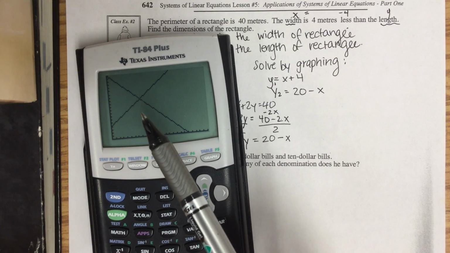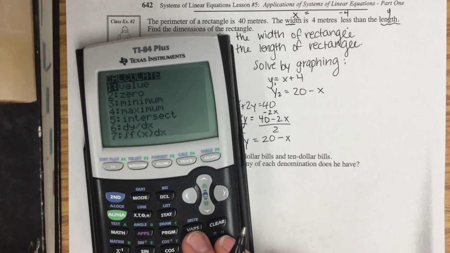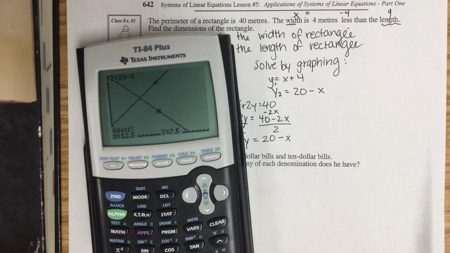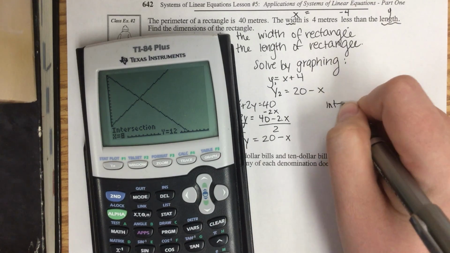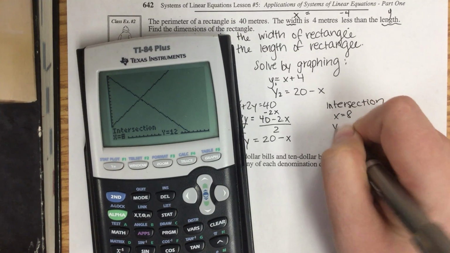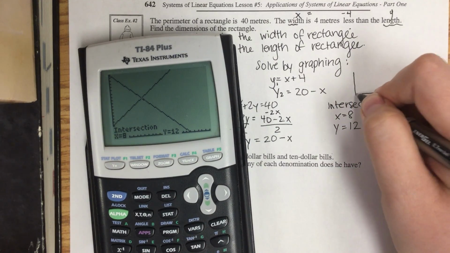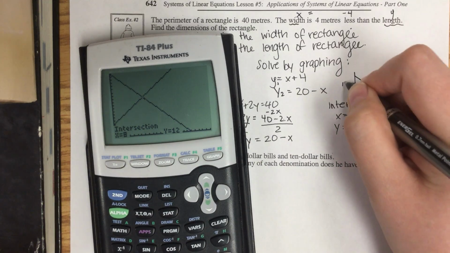I know that the solution to a system of equations is the intersection, so I'm going to go second trace, which gives me my calc menu. 5 for intersect. It's going to say first curve, I hit enter. Second curve, I hit enter. Guess, enter. Intersection. X equals 8. Y equals 12. And whenever I'm showing a solution graphically, I should draw a quick picture,